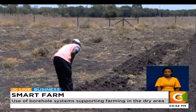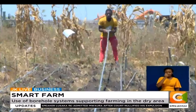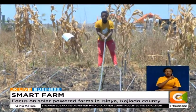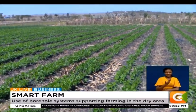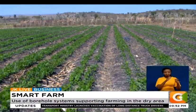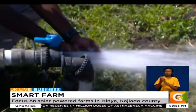This is Oluloitikosh, an area located in Isinya, Kajiado County, 51 kilometers southeast from the city of Nairobi. Despite the generally arid conditions that characterize this area, farming is taking root here. This has been made possible through the use of water borehole systems that provide water all year round through the